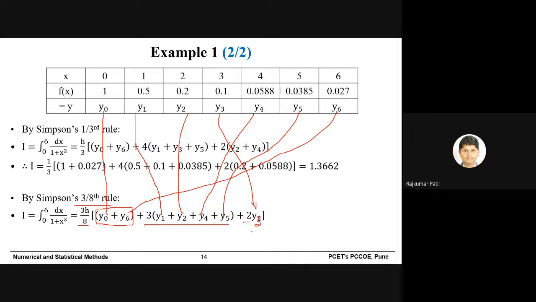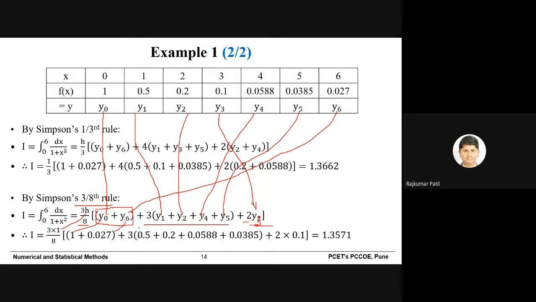So this is how you write the formula. Then put the values of h and y. So h is 1, y0 is 1, y6 is 0.027. Similarly, y1, y2, y4, y5 and y3. Put these values, simplify this equation, and you will get the solution of the integration as